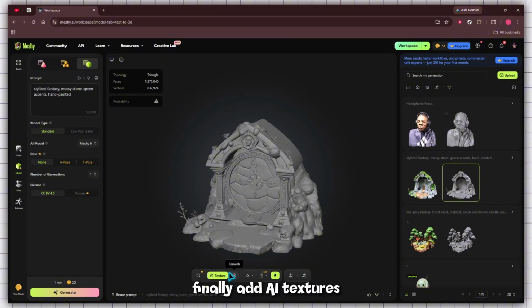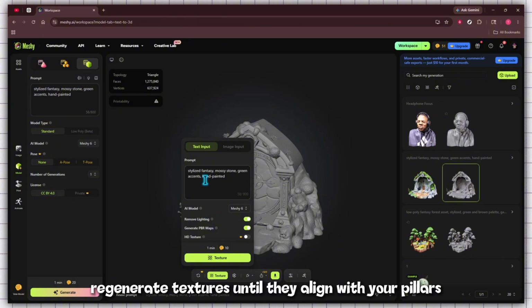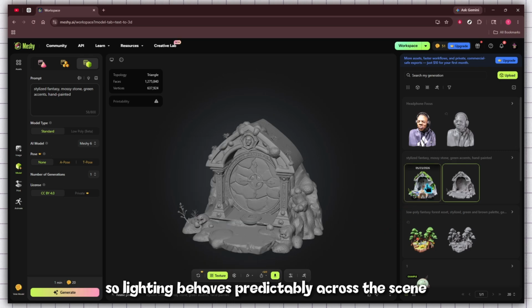Finally, add AI textures. Use Meshy's texture tools to create stone, metal, moss, dirt, wood grain, and sci-fi panels. Regenerate textures until they align with your pillars and keep roughness and metallic characteristics consistent so lighting behaves predictably across